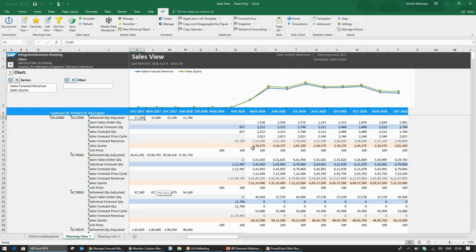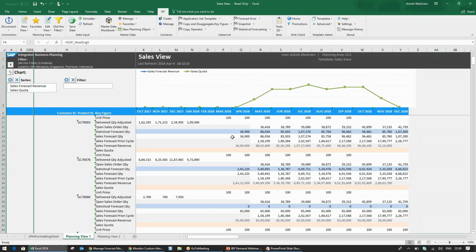Also a sales representative can compare the sales forecast accuracy percentage because he has insight into the previous year's sales forecast as well. So he can compare the accuracy percentage by comparing the current forecast with the previous cycle forecast as well. And also for any given period at an aggregated level, maybe in a quarterly view or in a monthly view, he can compare the sales revenue with the sales quota that has been assigned.